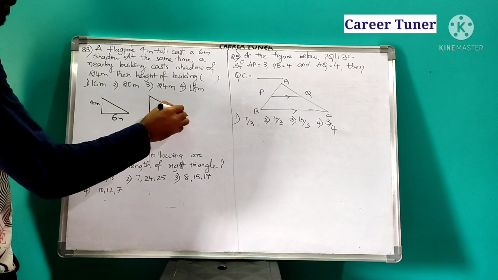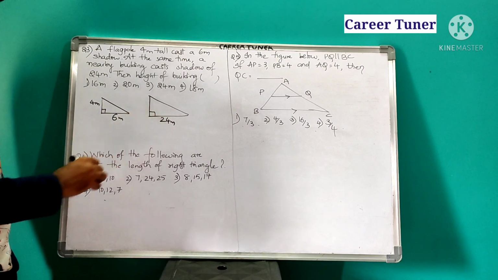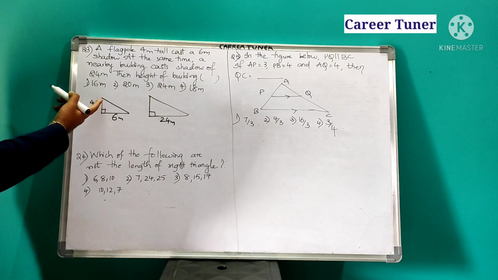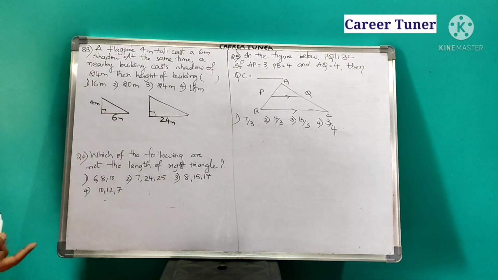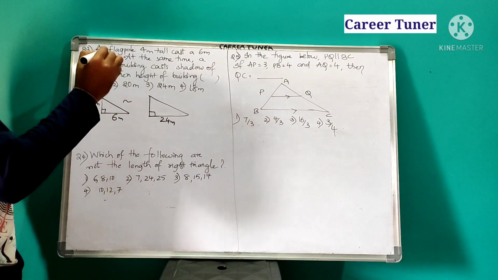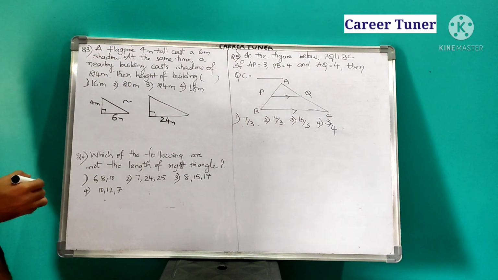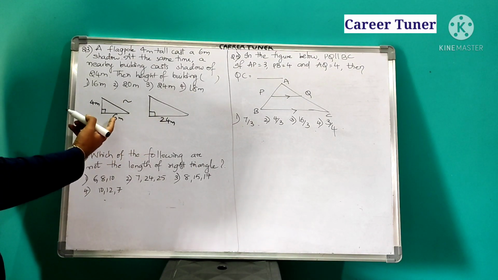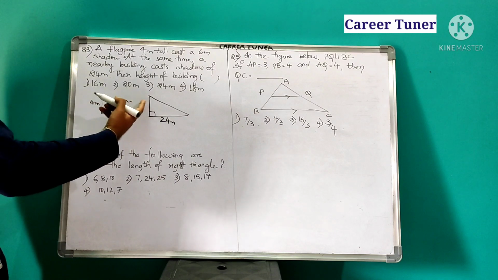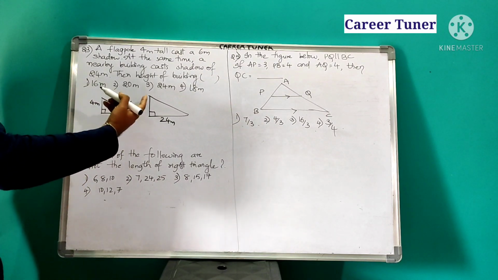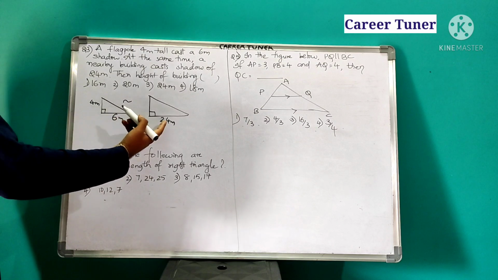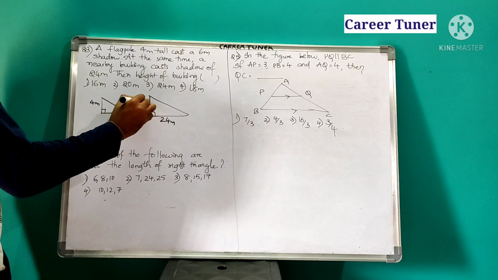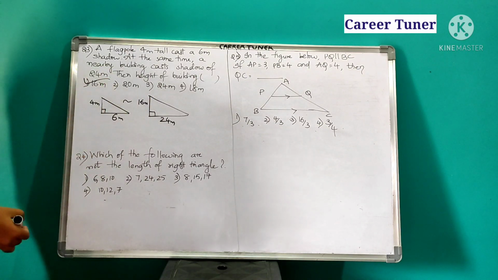Now, you see this will always form what? Right angled triangles only. Why? Because lamp post or flagpole or else building, whenever it is casting a shadow, everywhere we will take a right angle. So, these two triangles will be similar. When these two triangles are similar, corresponding sides should be what? Proportional. So when you take the ratio of these two, it is nothing but 1:4. So here also these two sides ratio should be 1:4. So here 6 when multiplied by 4 times gives 24. So here also 4 when multiplied by 4 times gives us what? 16 meters. So the answer is 16 meters.